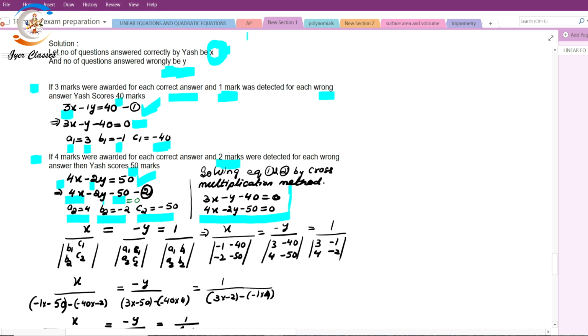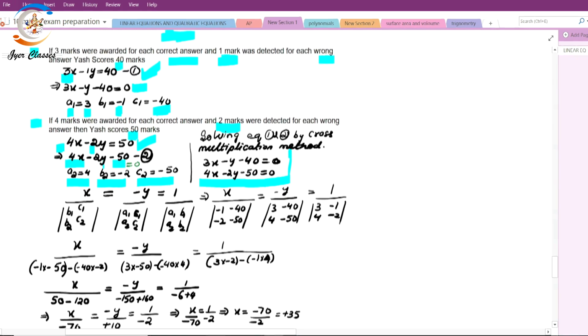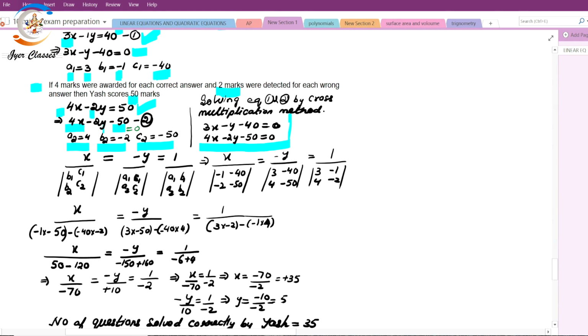2y - 50 is equal to 0। भाई सॉल्व करने के लिए क्रॉस मल्टीप्लीकेशन मेथड करना होता है ना, तो क्या करेंगे, देखिए x के नीचे लिखेंगे b1 b2 c1 c2 डिटर्मिनेंट के अंदर, और y के नीचे क्या लिखेंगे, माइनस साइन के साथ डिटर्मिनेंट में लिखेंगे a1 a2 एंड c1 c2, राइट, एंड 1 यानी कांस्टेंट नंबर के नीचे a1 a2 एंड b1 b2, राइट।